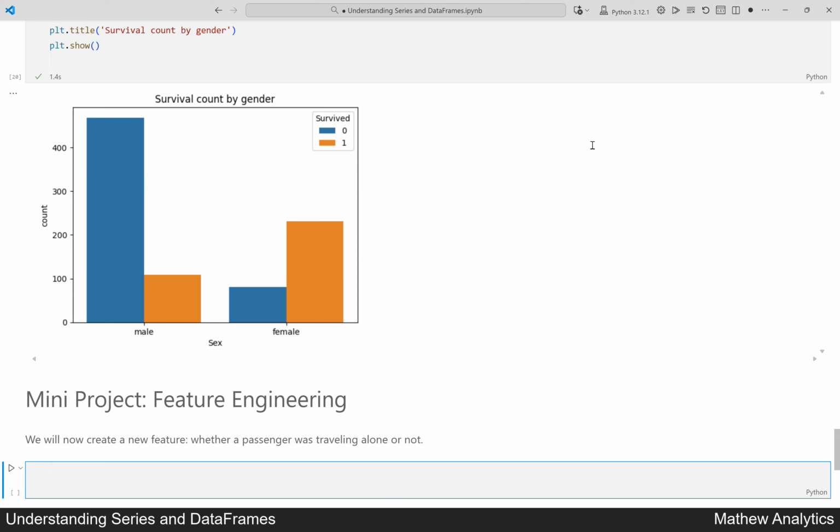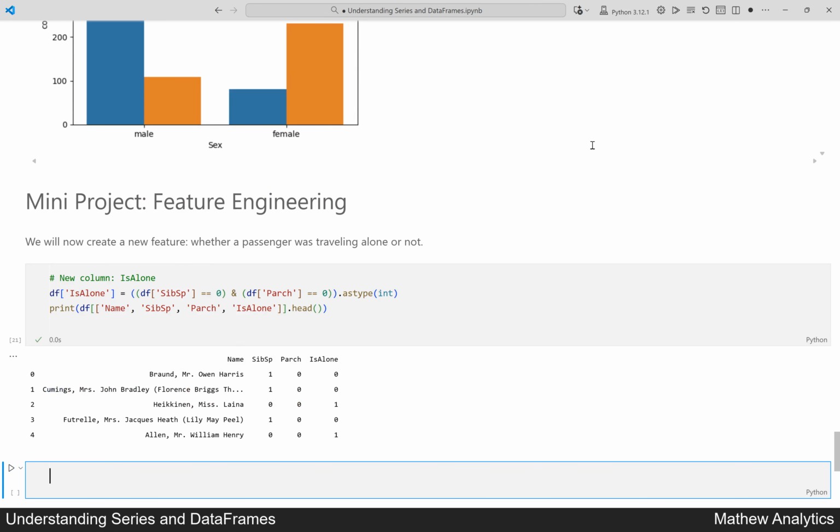The comment notes that we are making a new column, is_alone. We assign 1 if both SibSp and Parch are 0, meaning the passenger has no siblings, spouse, children, or parents. We print out the columns to verify the new feature. Running the cell now. This output shows the new is_alone feature, which flags passengers traveling without siblings, spouses, or parents'